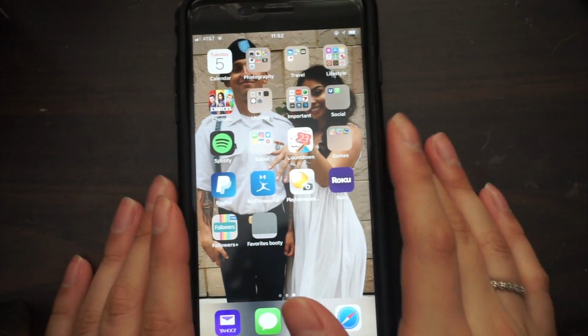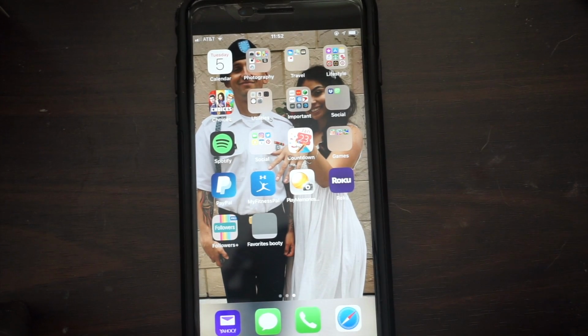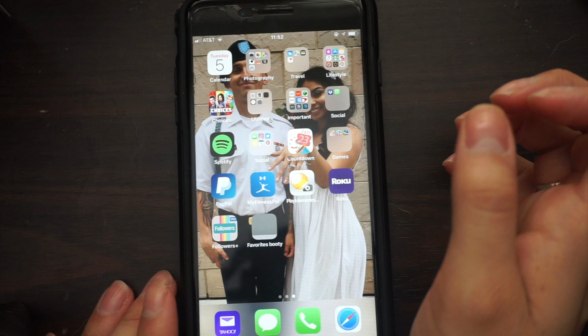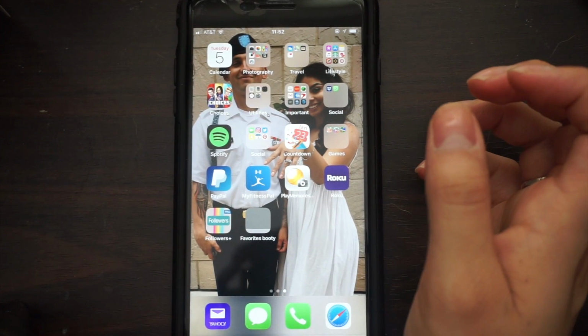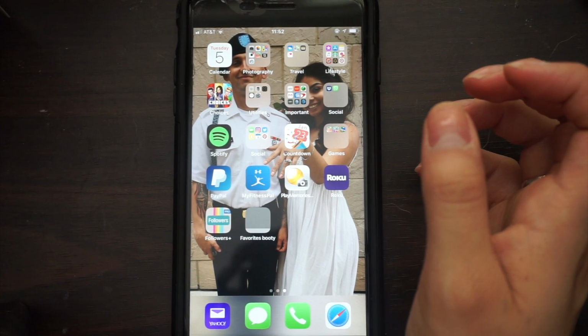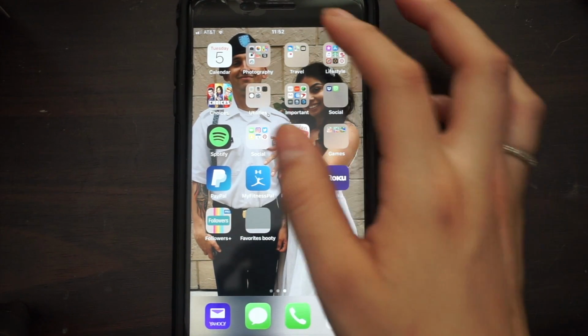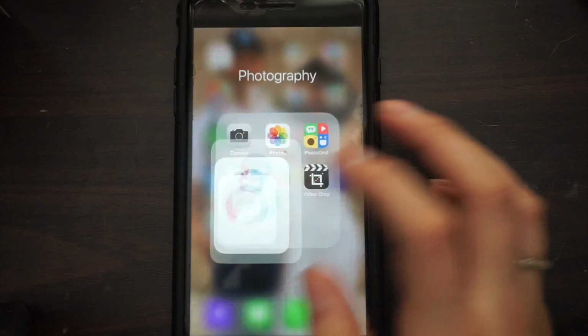So when it comes to editing my pictures, I do use the app Facetune. I think it's like $3 or $4, and it's very nice to just kind of enhance your skin a little bit, or the way the colors look. I'll show you how I do it. So I just go to Facetune,